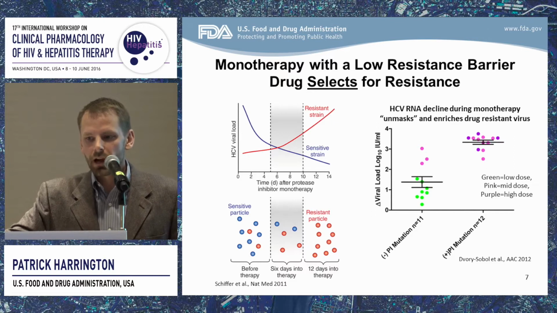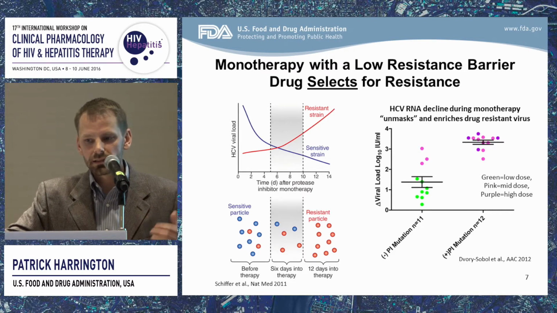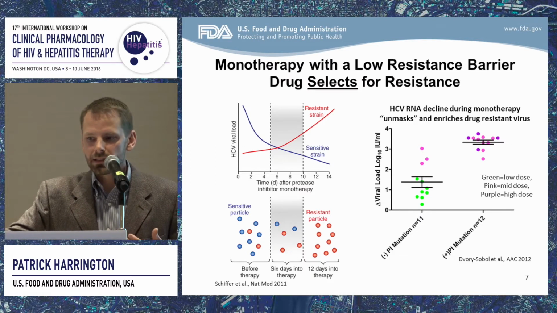And this just shows the same concept graphically, where on the left you can see that somebody who has a predominantly wild-type viral population, or wild-type susceptible population, has an underlying resistant strain that basically is selected with a potent, low resistance barrier DAA. And we see this all the time in monotherapy trials, and the chart on the right